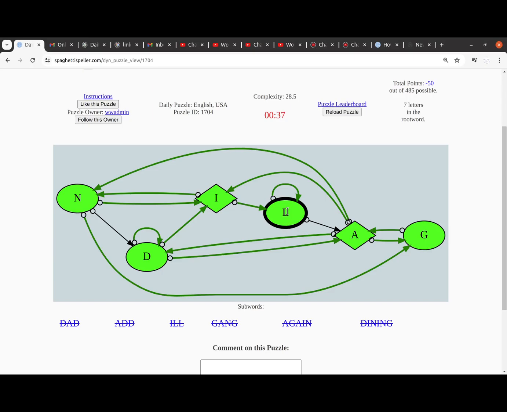It begins with L. That's why it's highlighted with a darker border, the L. And you can see some of the unused arrows. We know it probably goes to the A right after the L because this arrow has not been used yet. So let's try that. A. Now what could it be? There's lots of places to go. It could go to G,